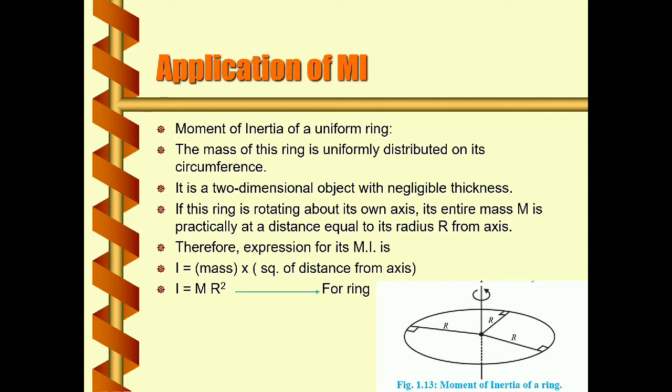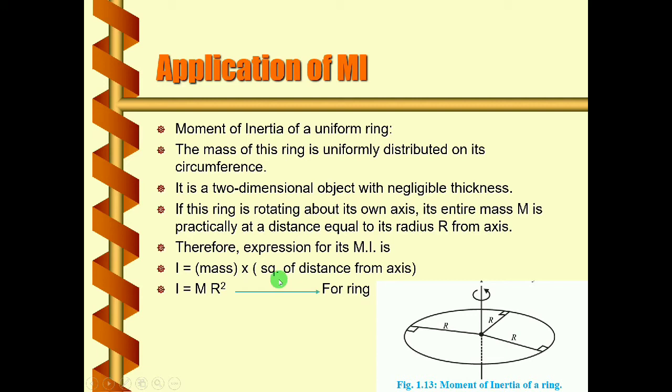Now here there are different applications of moment of inertia. That is, we can determine different expressions for different objects. If you are determining the moment of inertia of a uniform ring, we considered a uniform ring having mass capital M and radius capital R. The ring is rotating about an axis passing through its center and perpendicular to its plane, in the anti-clockwise direction. If we consider the ring to be very thin, we will neglect the thickness.